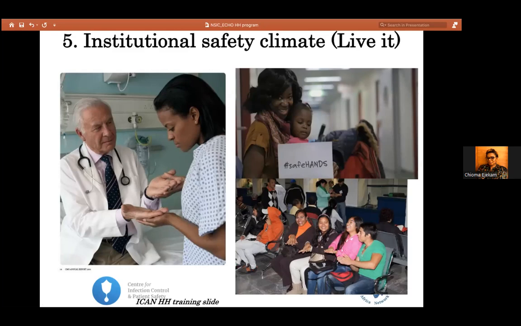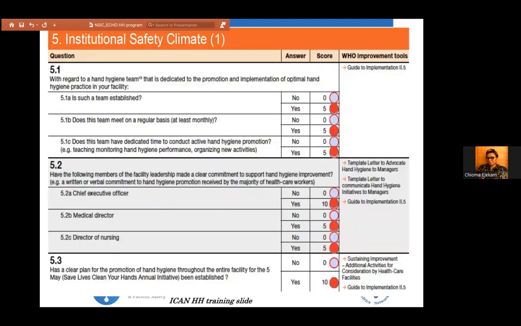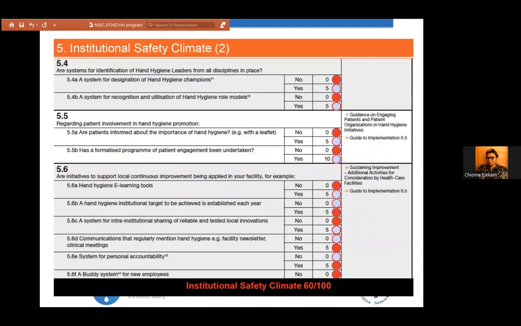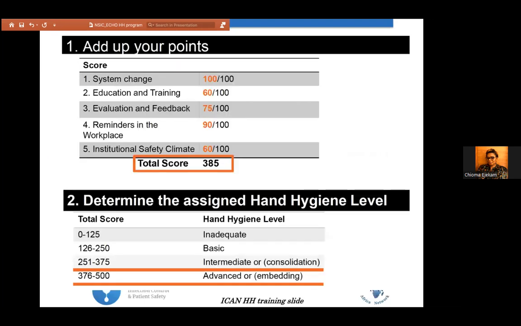So here in this institution, you have your champions, your leaders, who can even wear lapels to say, I'm an IPC champion. But here, every member of the health facility, from the cleaners to the people in engineering, the finance team, understand the importance of hand hygiene in your facility. This is where we want everybody to be. And these are some of the questions that you're going to answer. And for my facility, we got 60 over 100.